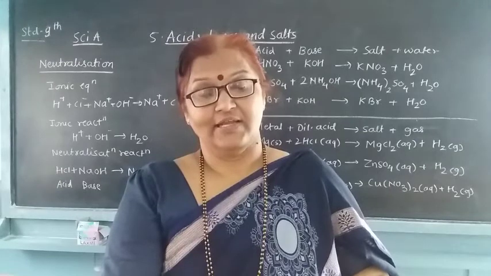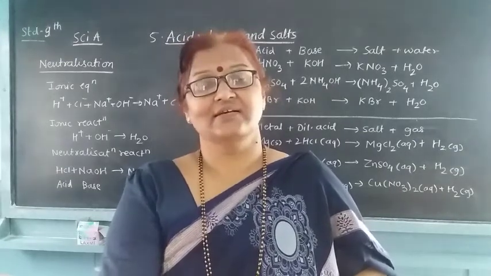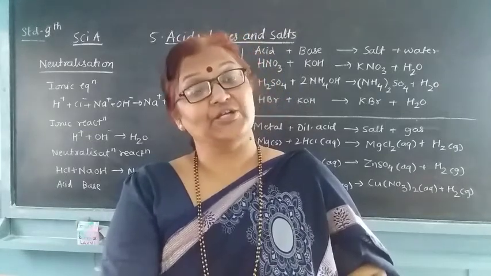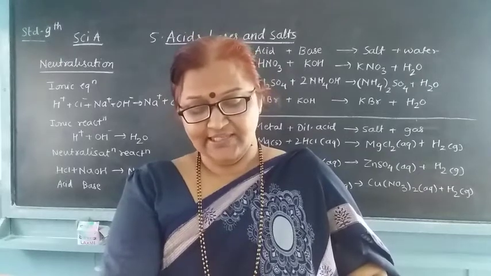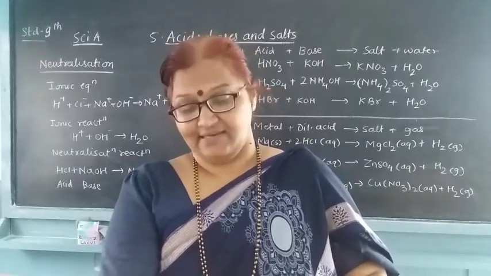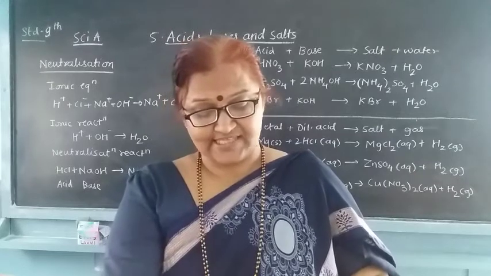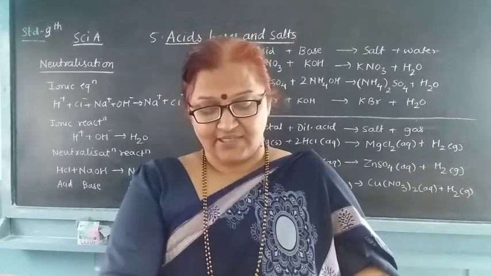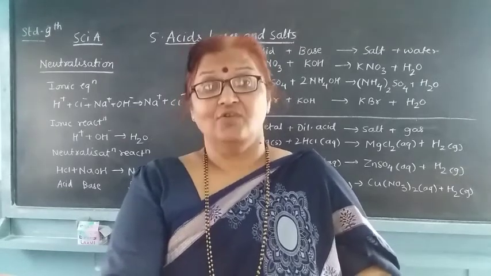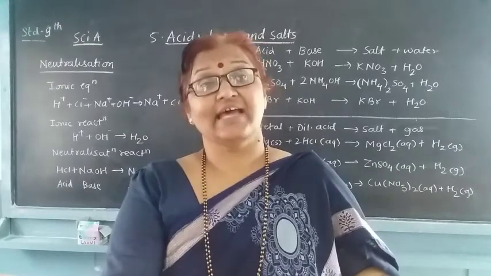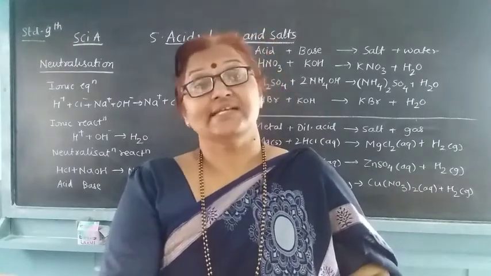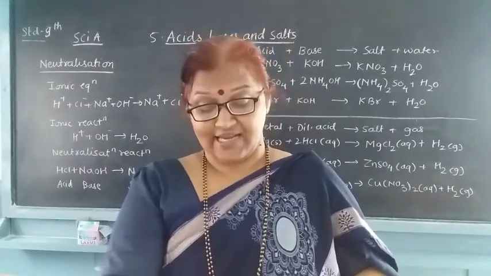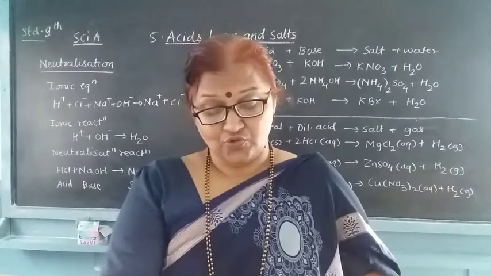Magnesium metal, what happens? The magnesium metal reacts with the acid, and an inflammable gas, that is hydrogen gas, is formed. During this reaction, the reactive metal displaces hydrogen from the acid to release hydrogen gas. So see what is happening there. The dilute acid, whichever it may be, contains H plus ions. These H plus ions are removed, and there is a formation of H2 gas.